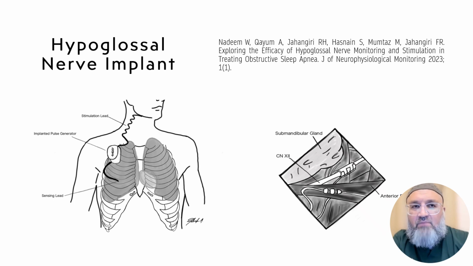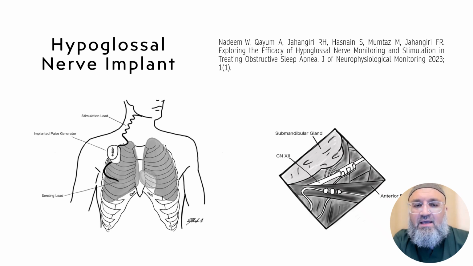So you have to make sure you are putting the electrode on the correct muscle, because if you put it on the wrong one, it may cause further apnea. So while the surgeon is testing, we use intraoperative neurophysiological monitoring, or INM. We do trigger EMG and EMG,